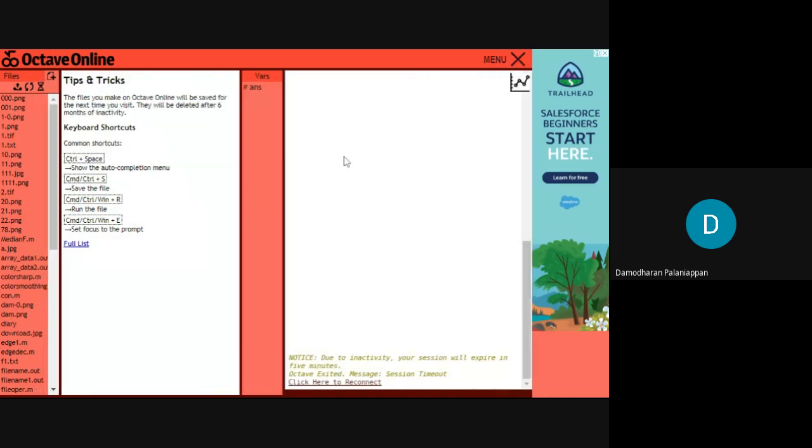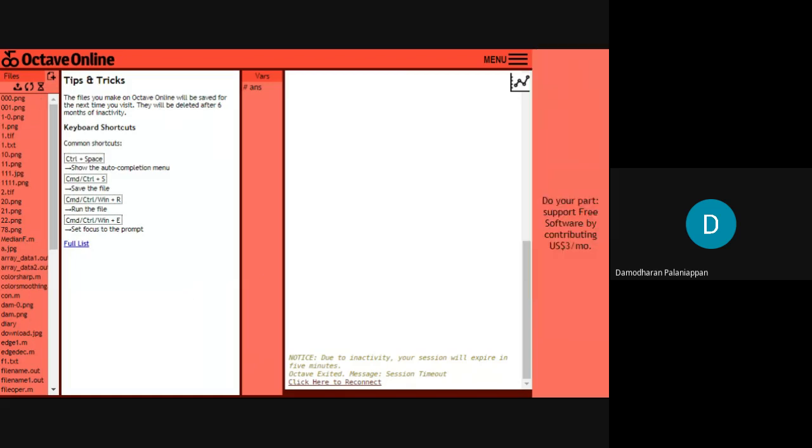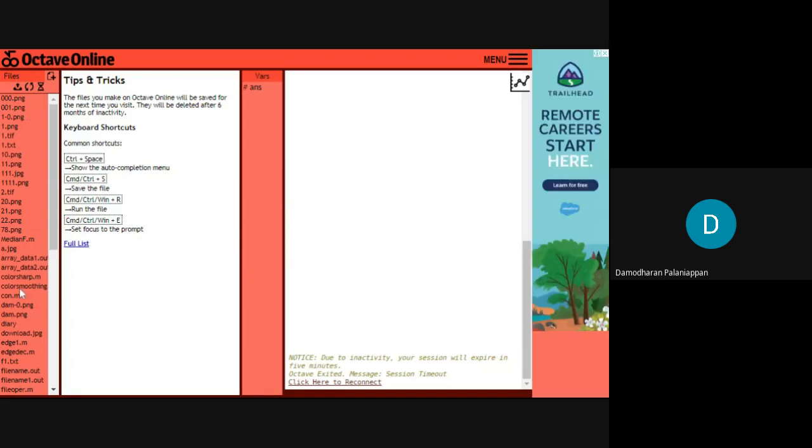Okay, complete that. After that, there are three columns in this tool. The first column is the file browser. The second column is for the program which you want to type.